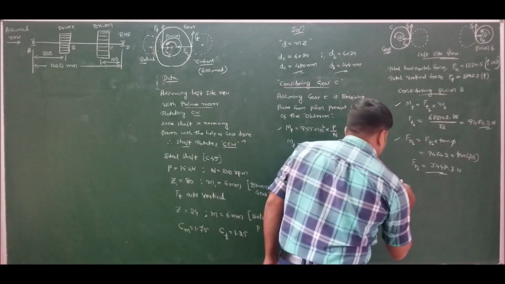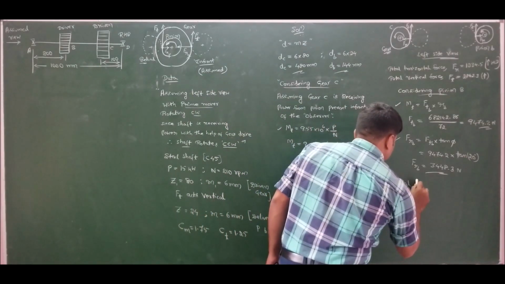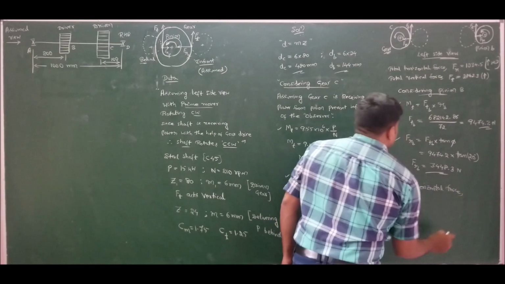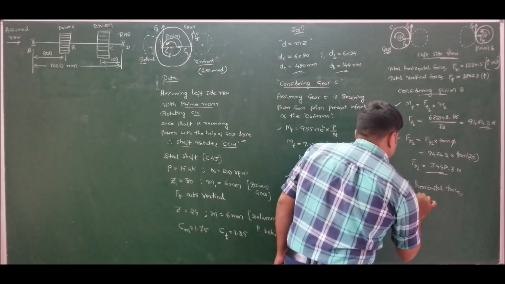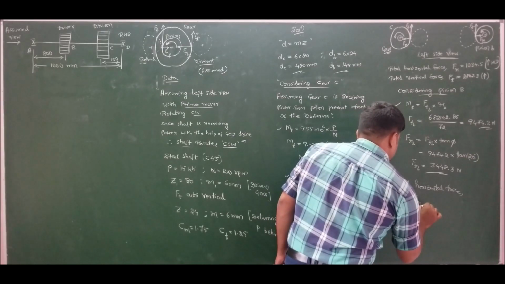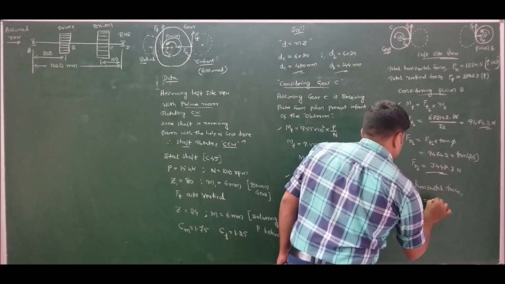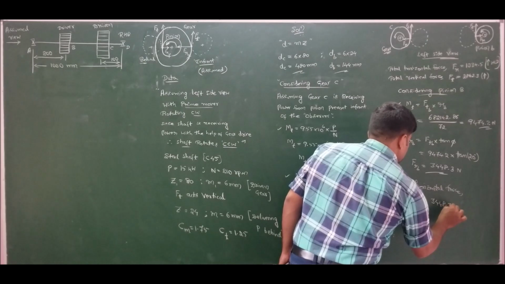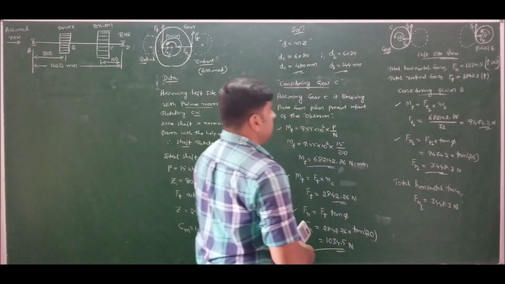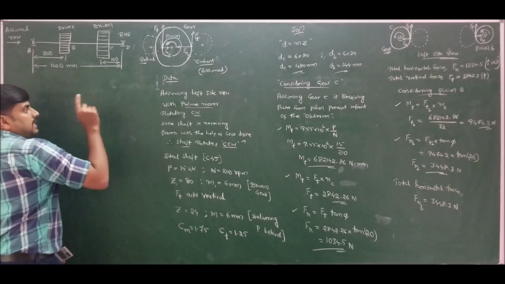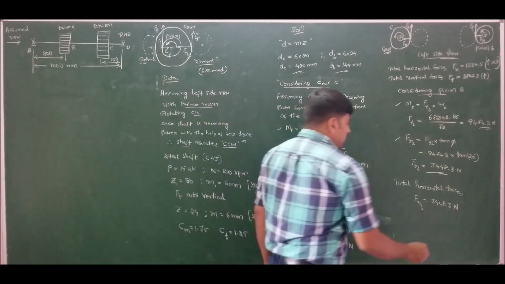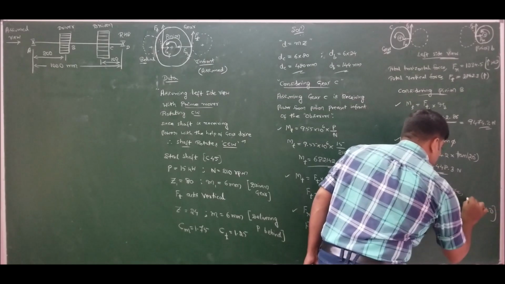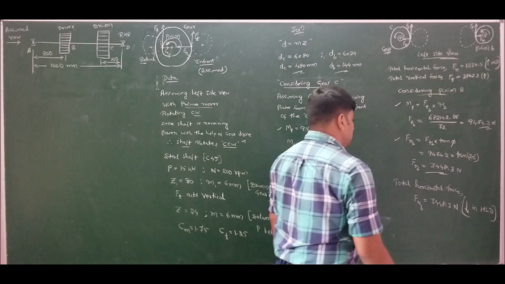Now coming for total horizontal force. From pinion we don't have any other force other than radial force, which is equal to 3448.3 newtons. Coming for pinion, Fr is acting away from the observer, so therefore I should mark it as vertically downwards in horizontal load diagram. That is from the left side view.